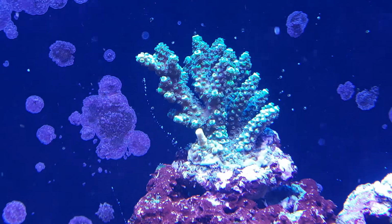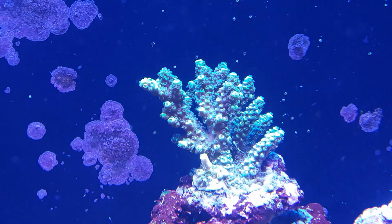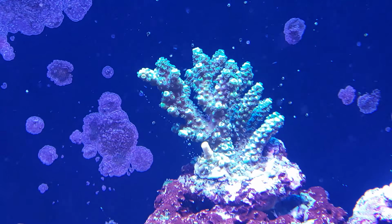This piece of SPS here, you can see the piece to the far left and the piece on the left coming out from the bottom. That's new growth. Let's see, the piece on the far left that already